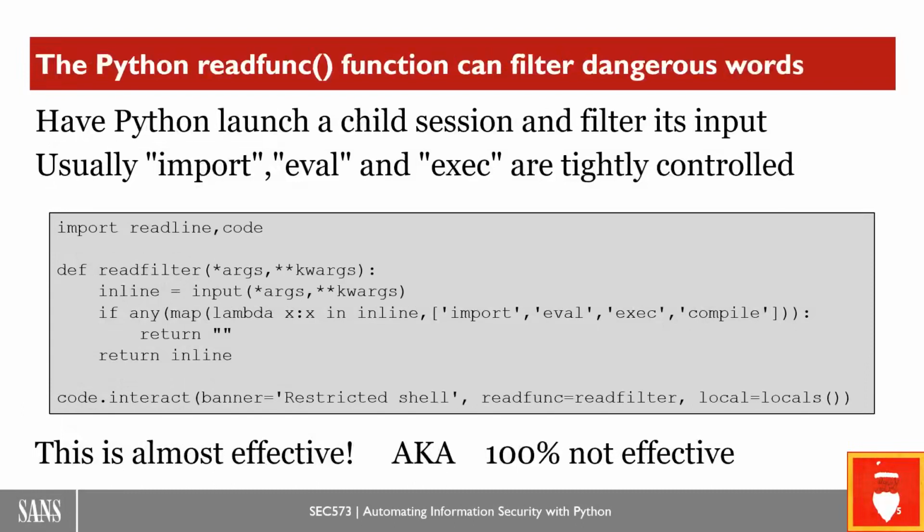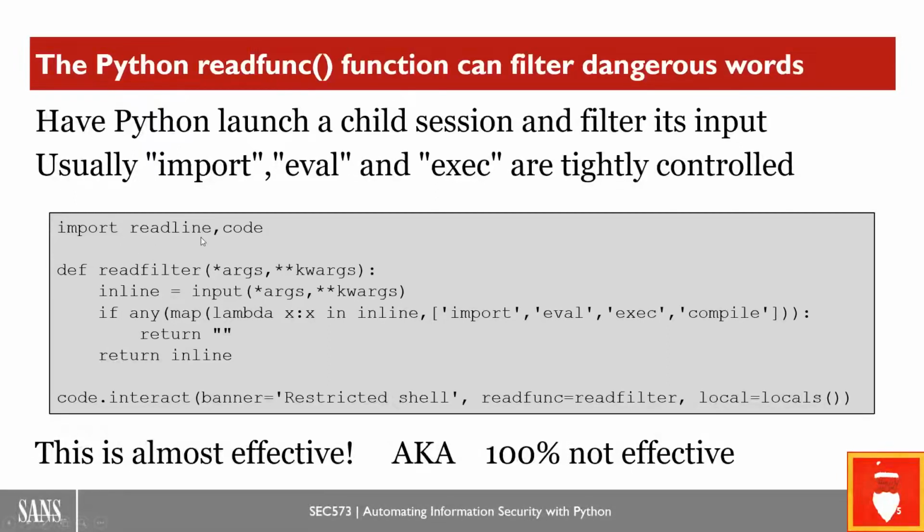Another way that systems administrators will try to create a restricted Python shell is to have Python launch a child process, and then filter the input in the parent process and pass that down to the child process. So for example, here, you don't really have to understand everything that's going on here, but